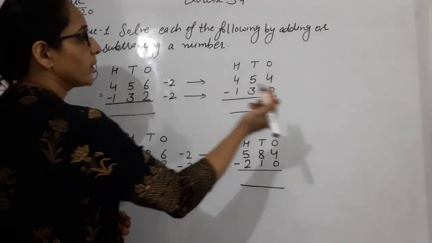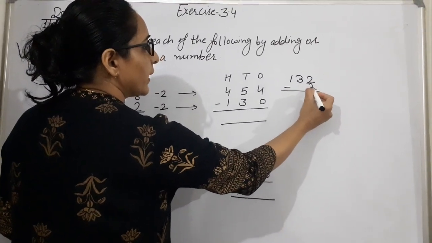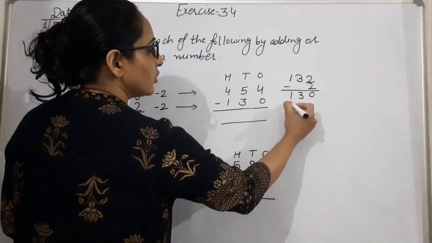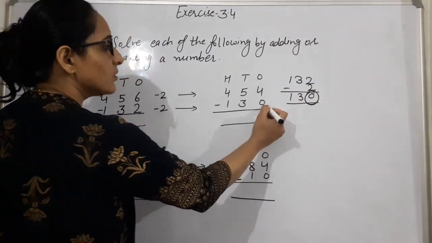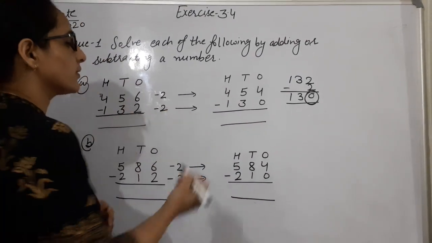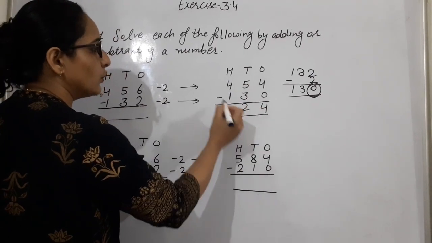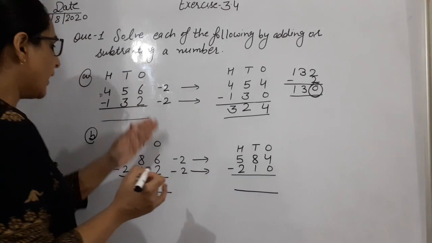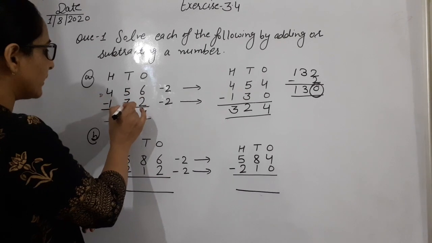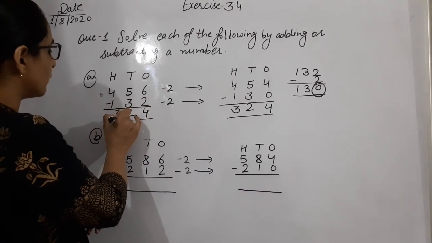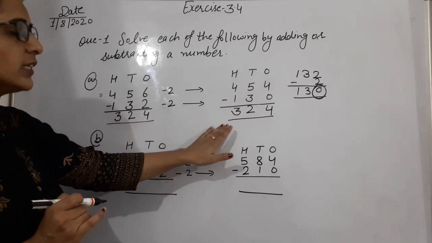Okay? So if we subtract from both numbers, let's see. From 132 when we subtract 2, we get 2 minus 2 equal to 0, and 3 and 1. It means we convert this ones place to 0. Clear? Now subtract. 4 minus 0 equal to 4, 5 minus 3 equal to 2 and 4 minus 1 equal to 3. And do the solution of that one also. 6 minus 2 equal to 4, 5 minus 3 equal to 2 and 4 minus 1 equal to 3. The answer of both solutions is the same. It means your solution is correct.